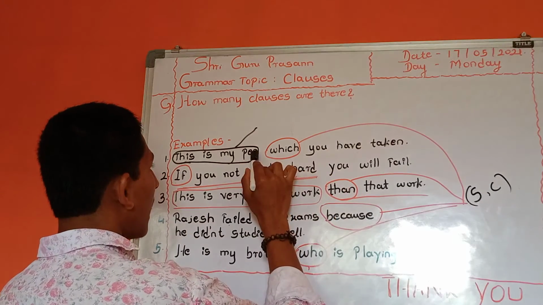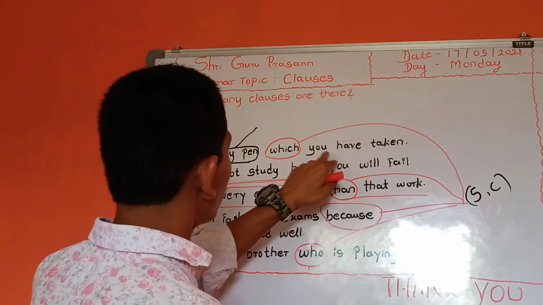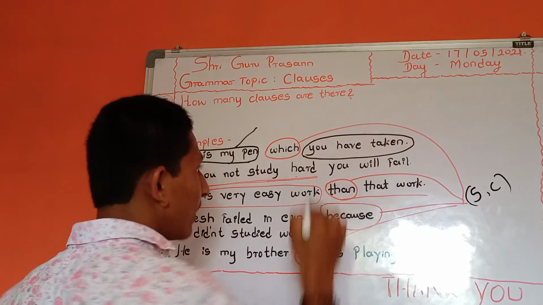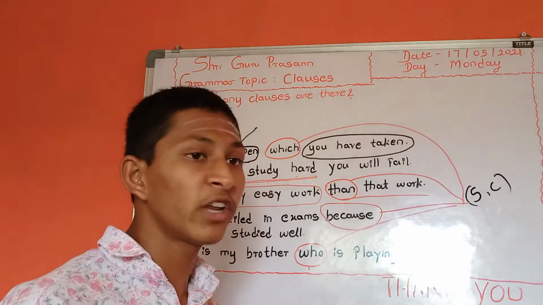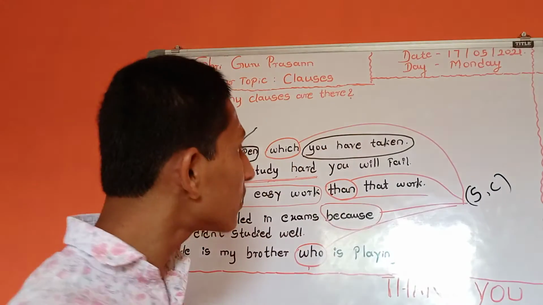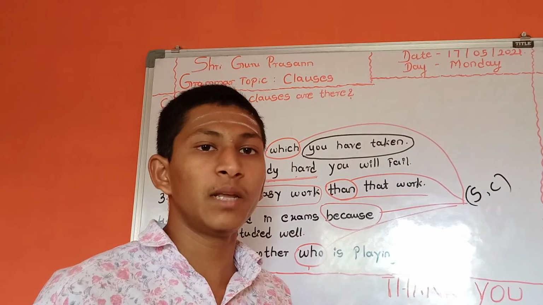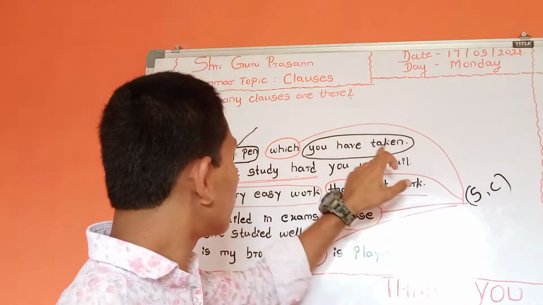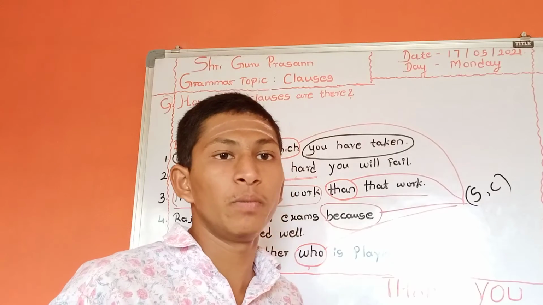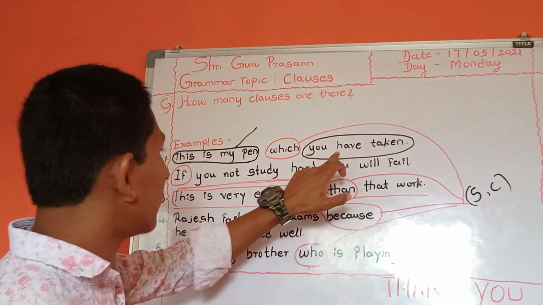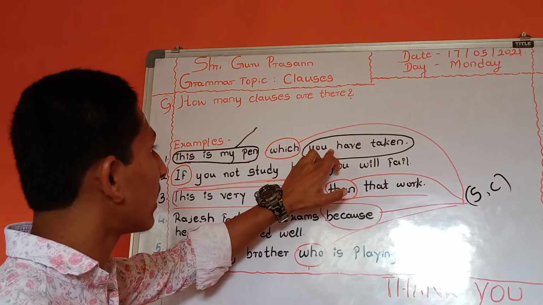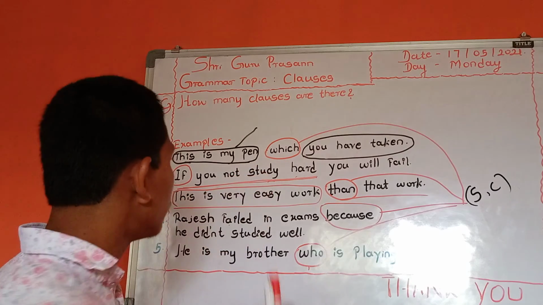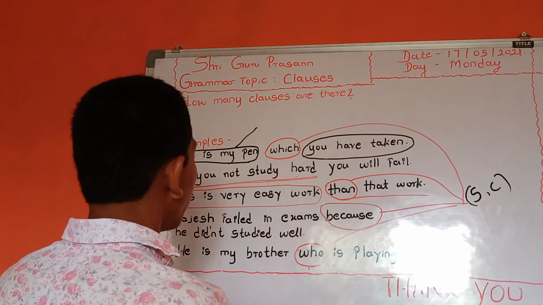Now we come to the dependent clause. A dependent clause is also called a subordinate clause. In the word itself you will see, dependent means it depends upon another sentence. The dependent clause requires another sentence to be a meaningful sentence. That is why it is called a dependent clause and also a subordinate clause. And how to recognize which is dependent and which is independent, I will tell you.